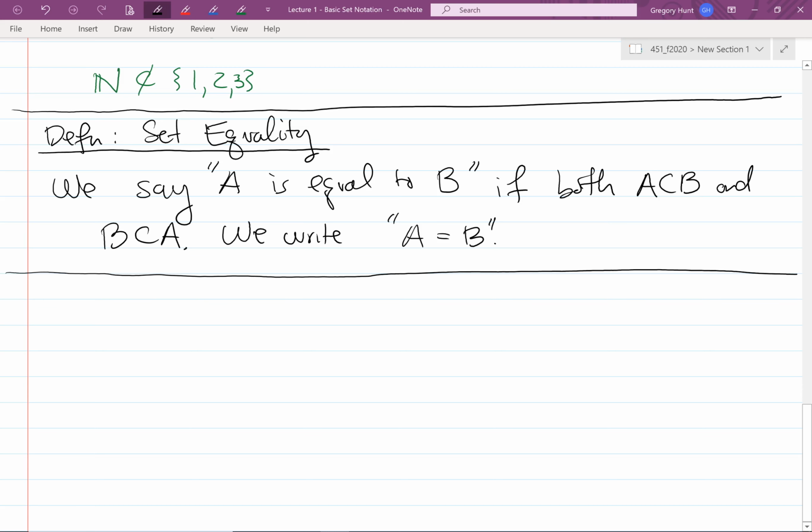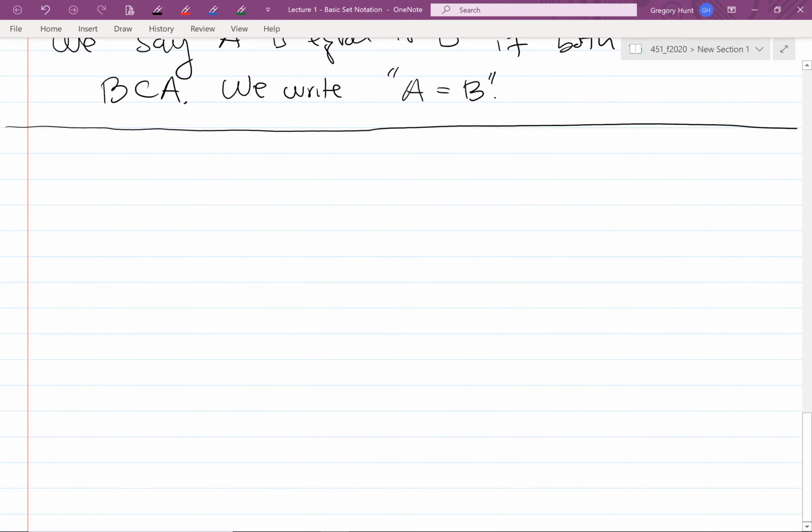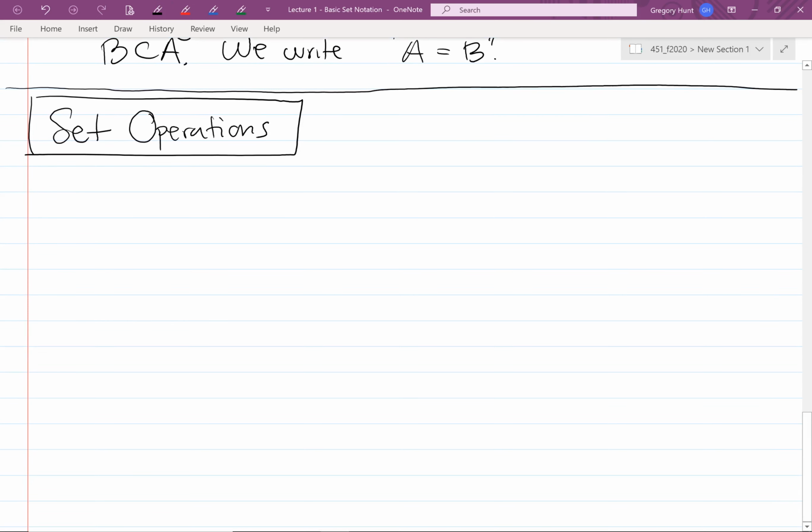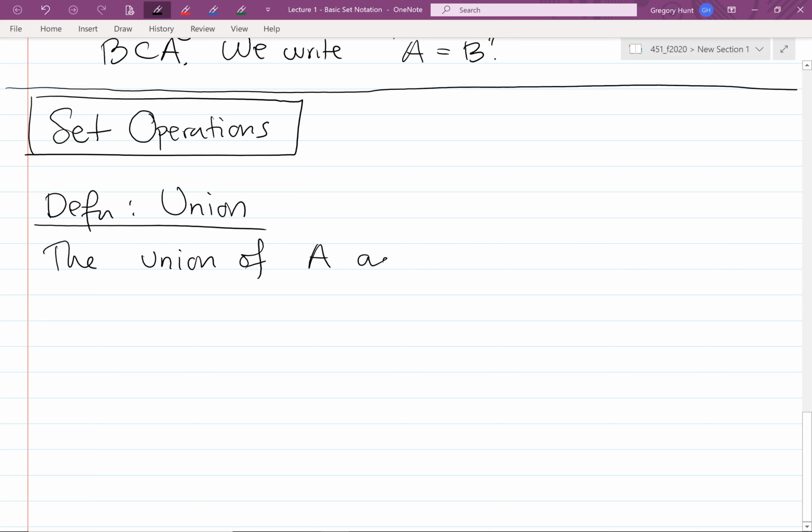Okay. So those are kind of real basic definitions for set notation. We then get on to operations that we can do for sets. So this is the next section, set operations. So what operations can we do with sets? Well, the most basic operation we can do with sets is set union. So the union of a set A and a set B, denoted